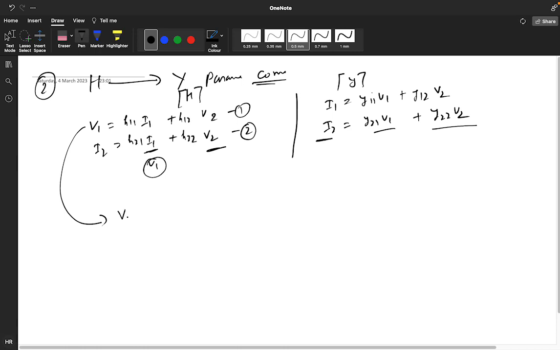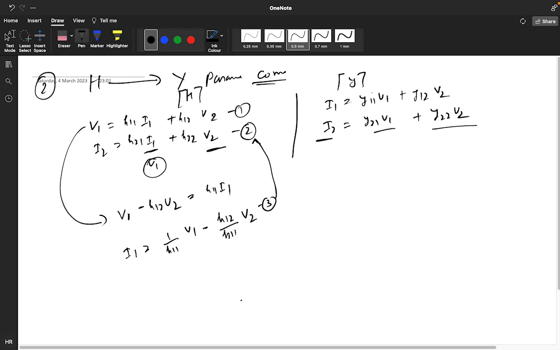How will you get the value of I1? V1 minus H12 V2 is equal to H11 I1. So I1 will be 1 upon H11 V1 minus H12 divided by H11 V2,